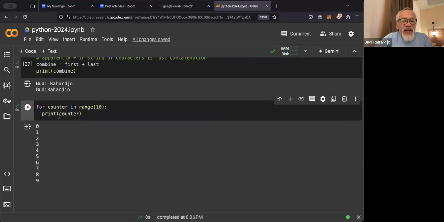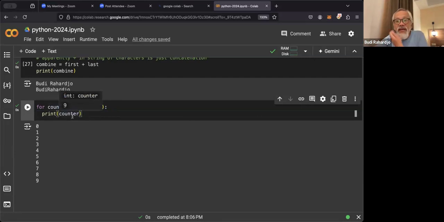Now you notice that in Python, when you put a colon and then press enter, the next line will automatically be indented by a couple of spaces before print counter. It does this by default, because it knows that the first command is not finished yet. For counter in range 10, what do I do? The first line says, hey, do it 10 times, and the next says, print counter. So every loop, every cycle, it will do whatever is underneath this. It's going to print the value of counter.